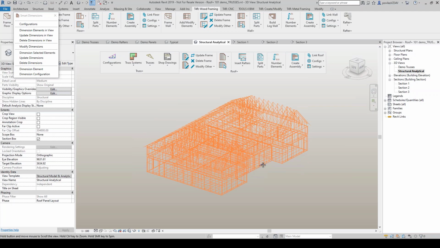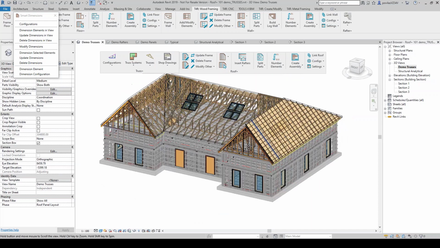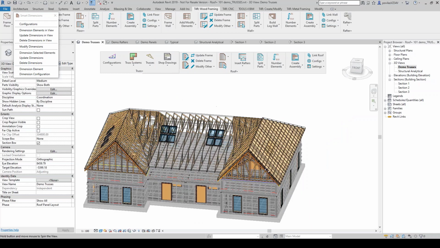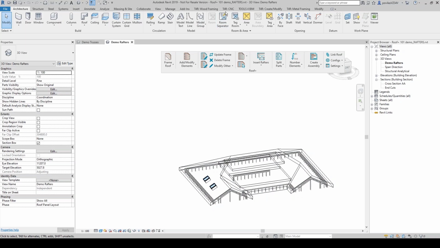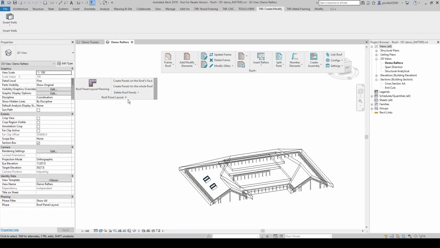Okay, right. So I'm just going to open a model for rafters. With the rafters, the starting point is the same. You should have your Revit roof in place. Once you have that, if you go to Create, Modify, you pull out the roof panel layout,